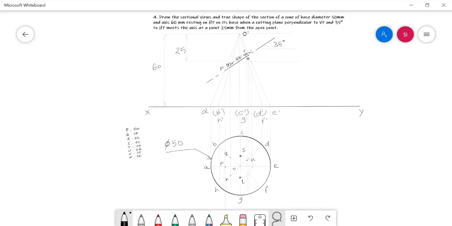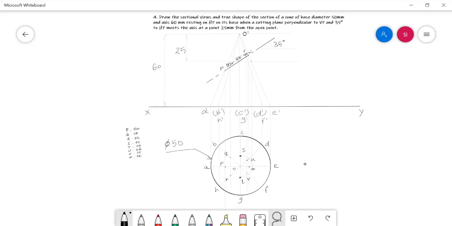And whenever this projector intersects with OF, you can mark the point V. So this is the projector of U and V. We already dropped the U in OD and yet we needed to drop the point V in OF. Here it is intersecting with OF, so I needed to mark point V here. And then we have the projector of W. We need to mark W in OE. So track the projector of W. Whenever it intersects with OE, we need to mark W here.